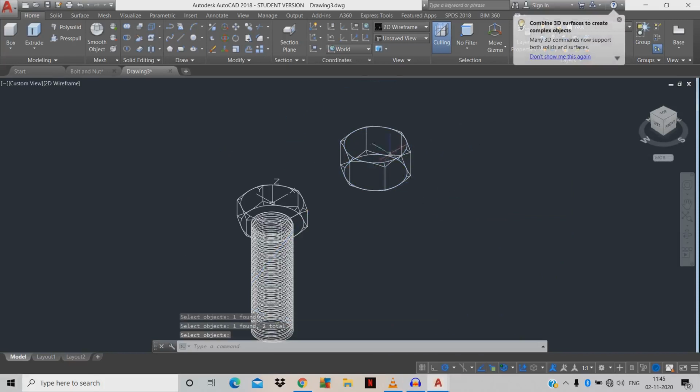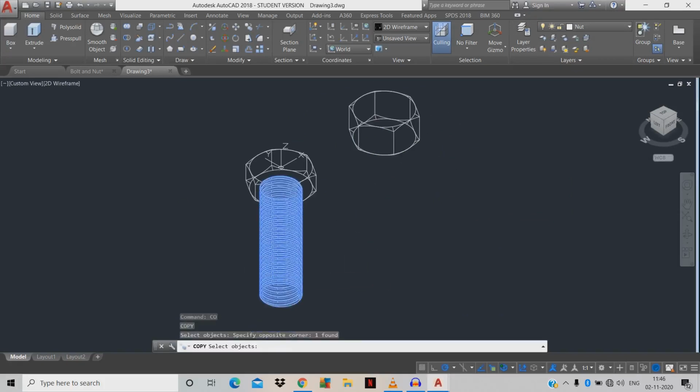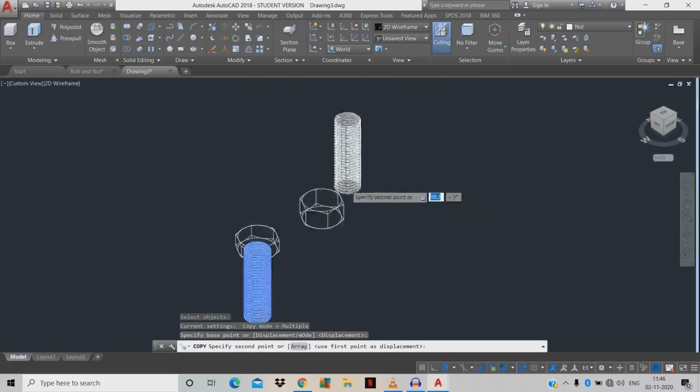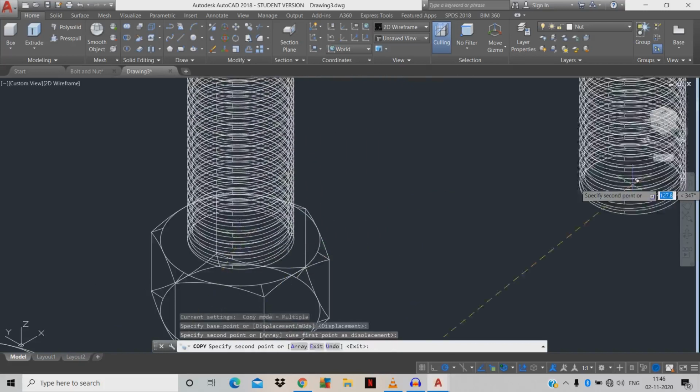Now we're going to make a hole and we're going to give the thread. But to make it easy, just copy the object over here, just move it over here, we will get our center point. Pick the object, just move over here, just place it over here.